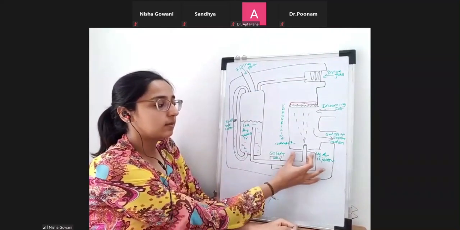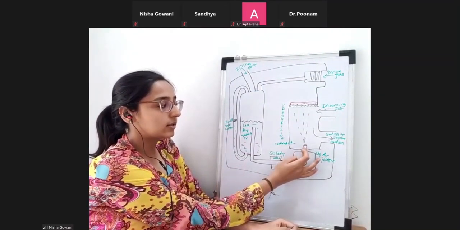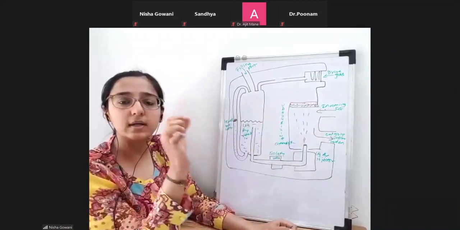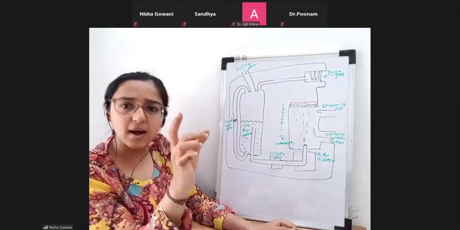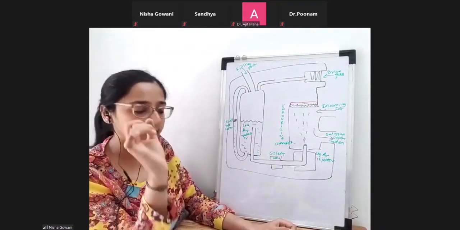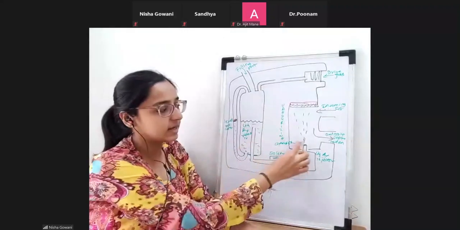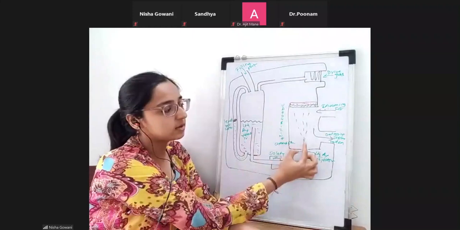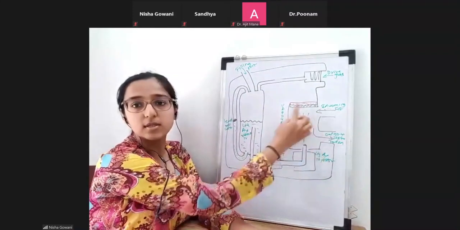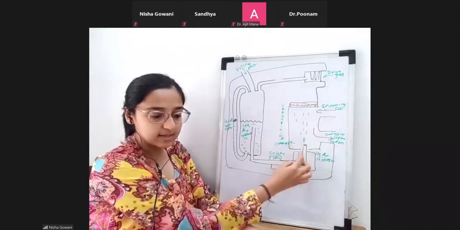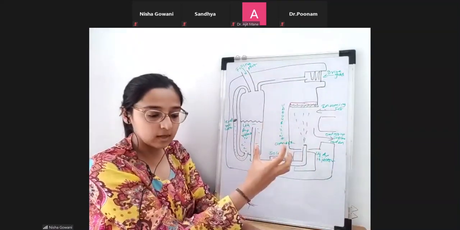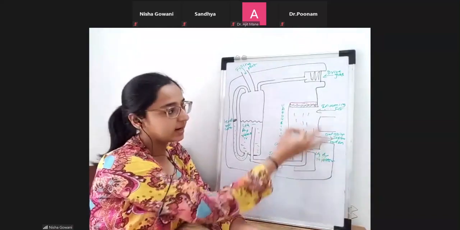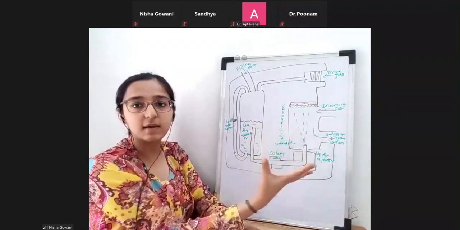It will reach over here, and the injector will cause the release of small, pulsed, intermittent amounts of the anesthetic agent into this vaporizing chamber. So small pulses will be released from here into this vaporizing chamber. This vaporizing chamber is heated, so as soon as that pulse of liquid anesthetic is released, it gets vaporized because it is in a heated vaporizing chamber.